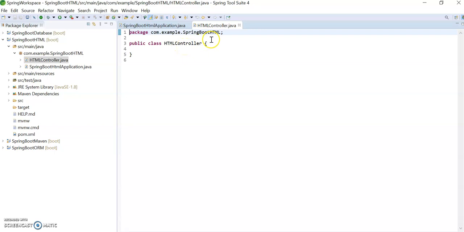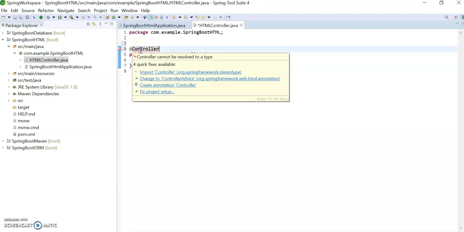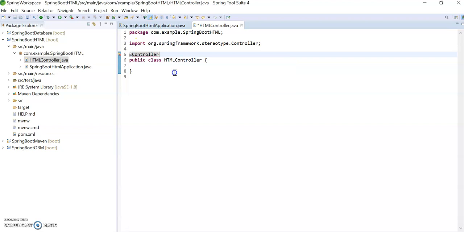Here I am giving @Controller. Usually in our programs for a controller we give @RestController, but here I am giving @Controller. I will tell you in detail why we are giving Controller instead of RestController.